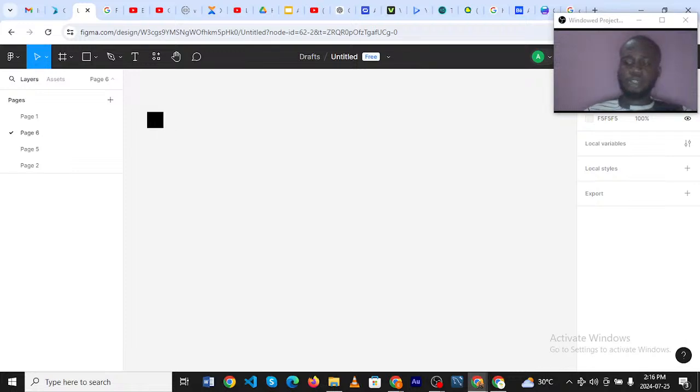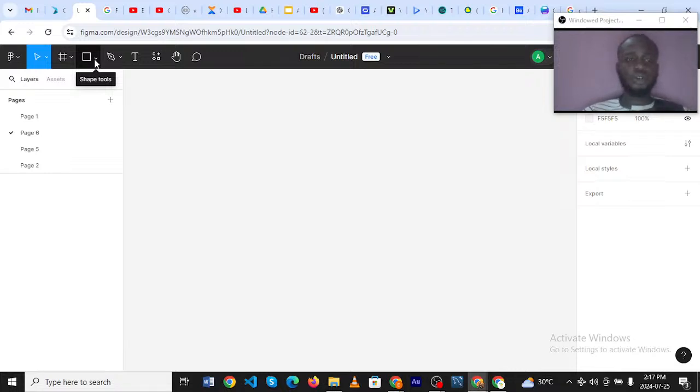So the concept of UI, I'm just going to be talking and designing something now to get us into the brain. Remember, I explained the basic tools we use in UIUX. So these are the basic tools. Remember I was talking about the concept of a toggle button, which is what switches you from light to dark mode. I'm going to show how to create a toggle button here. It's just going to be easy.